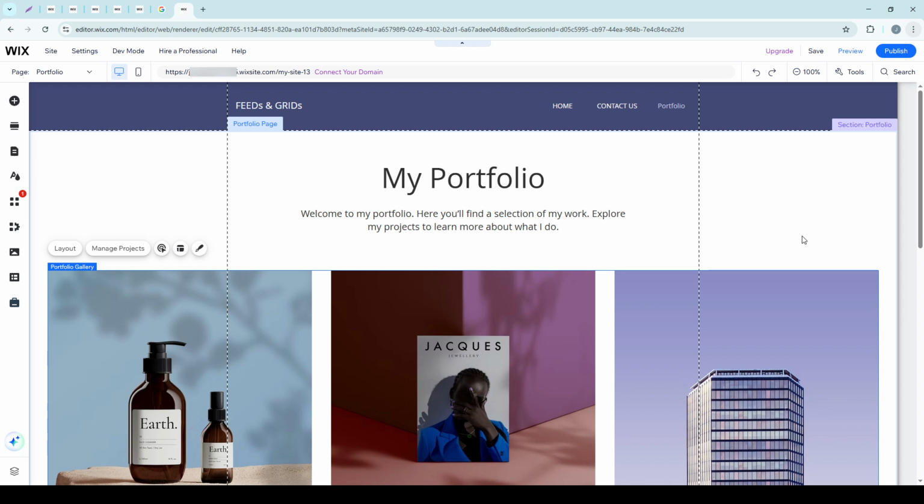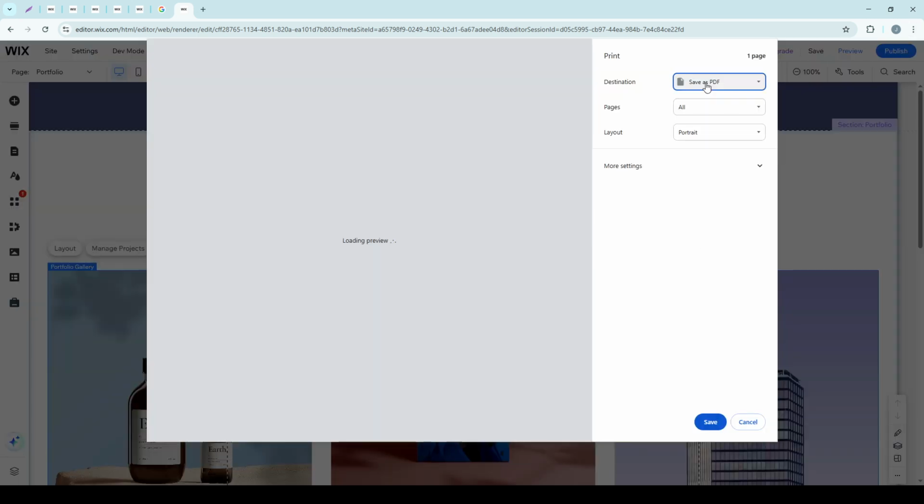Now, with the print dialog box open, you'll need to adjust a couple of settings. Look for an option that says something like Destination or Printer. From here, you're going to change the destination to Save as PDF. This function effectively tells your computer to create a PDF file rather than sending the document to a physical printer. It's a crucial step